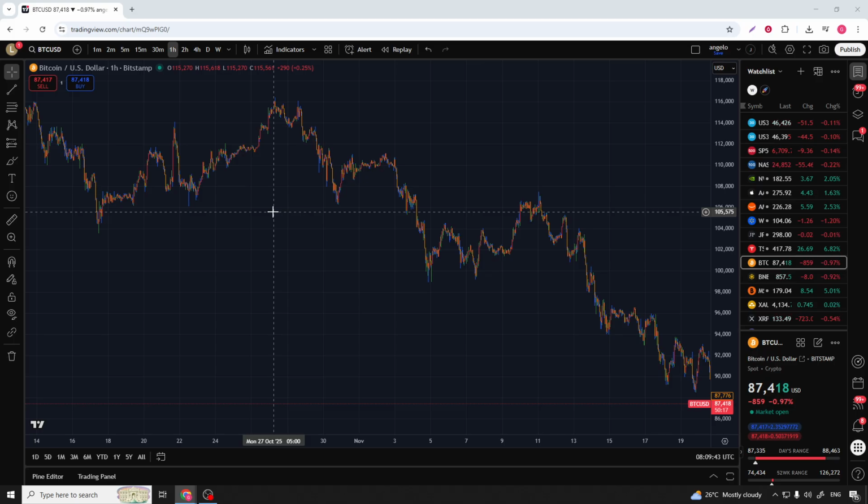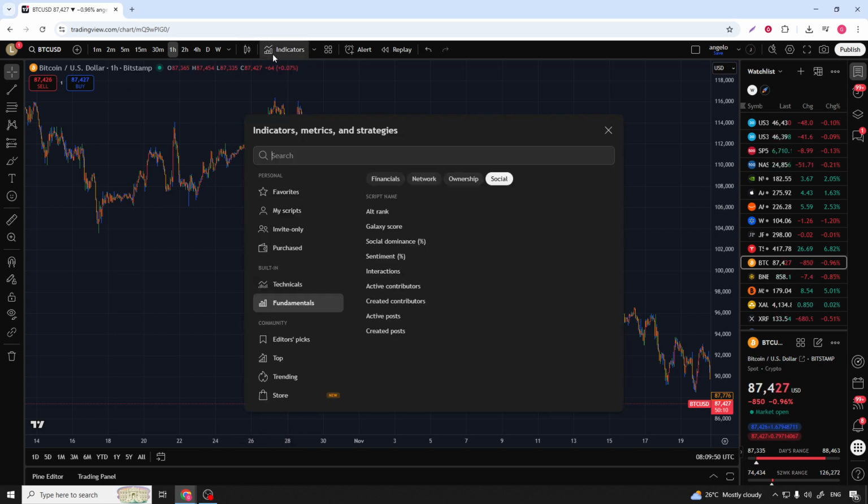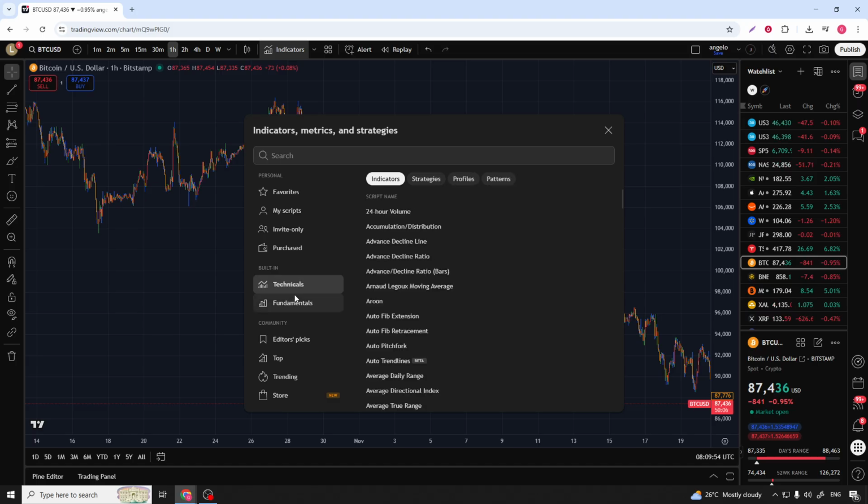going to use. First, look towards the top of your TradingView chart for the Indicators button. This is usually labeled simply as Indicators and sits above the chart area. Go ahead and click on it. This will open up the Indicators and Strategies panel, which is where TradingView keeps all of its built-in tools, community scripts, and data overlays. Once that panel is open, you'll see several categories on the left or across the top,